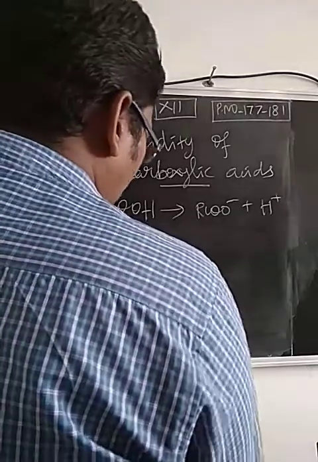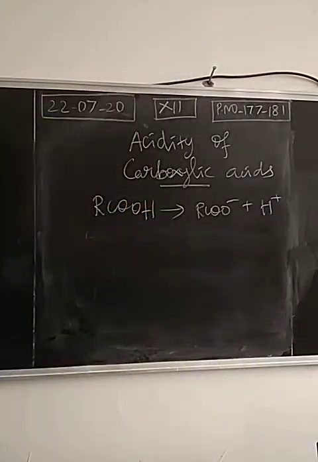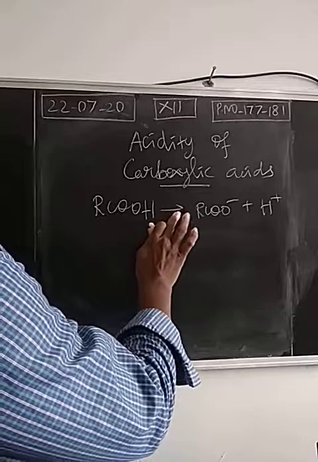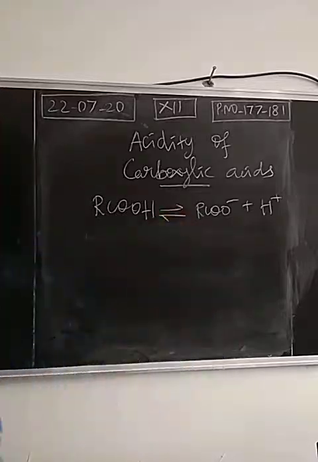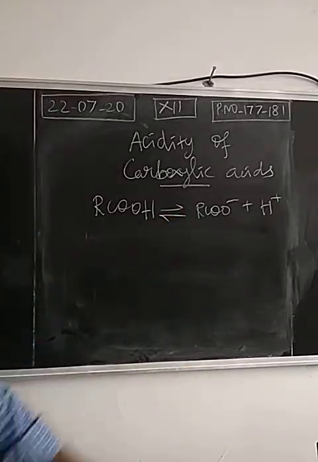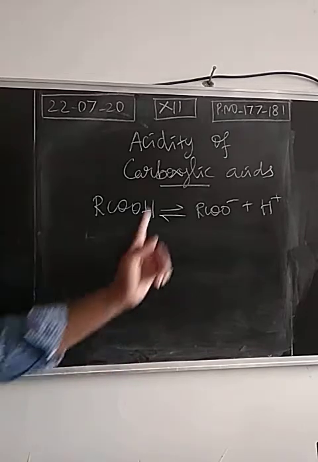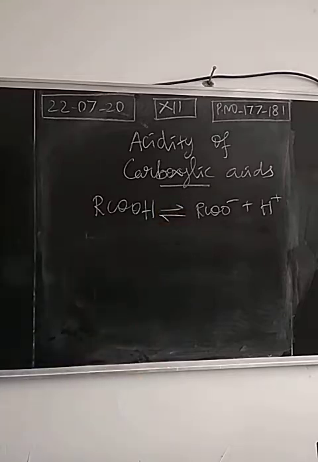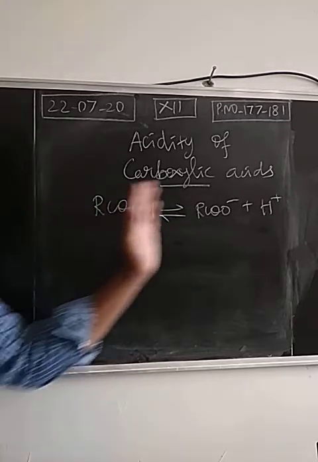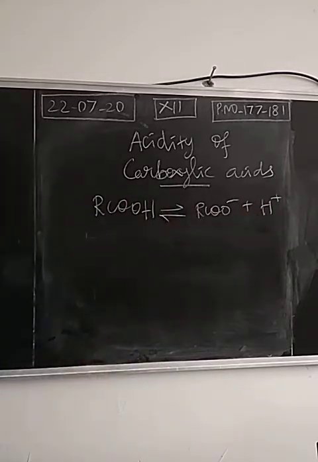And the acid strength of carboxylic acid can be related to the equilibrium constant. For an equilibrium constant, we need a reversible reaction, isn't it? So if the acid is added to water, it will separate into cation and anion. Again, these two ions can join together to produce the acid. So a reversible process is possible. In a reversible process, at one condition, equilibrium can be reached. Equilibrium is a condition in which the rates of the forward and reverse reactions are equal.